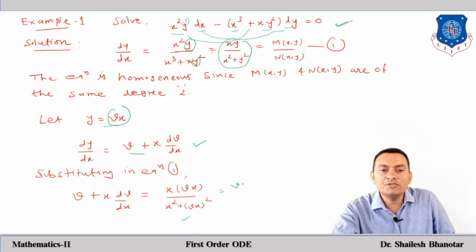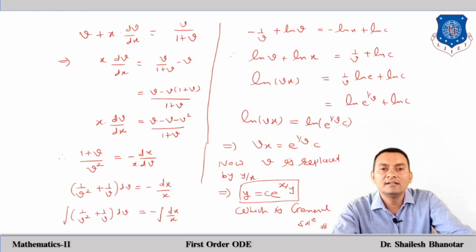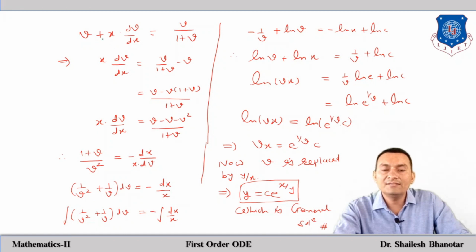So after simplifying, what you will get, x times x square v divided by x square plus v square x square. Now it is very easy that x square can be taken and cancelled out. So only what we will have is v divided by 1 plus v square. This is only a function of v. So I have already written that v plus x times dv by dx is equal to v divided by 1 plus v square. Now you can take this on the right hand side, so you will have this one after taking the LCM. This will be multiplied here, and simplifying you will get minus v cube divided by 1 plus v square on the right, and on the left hand side x times dv by dx.